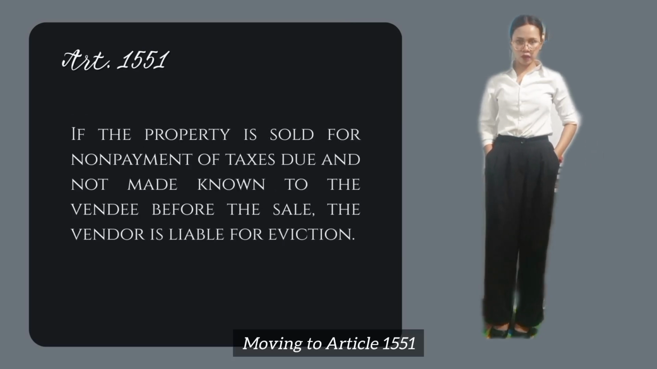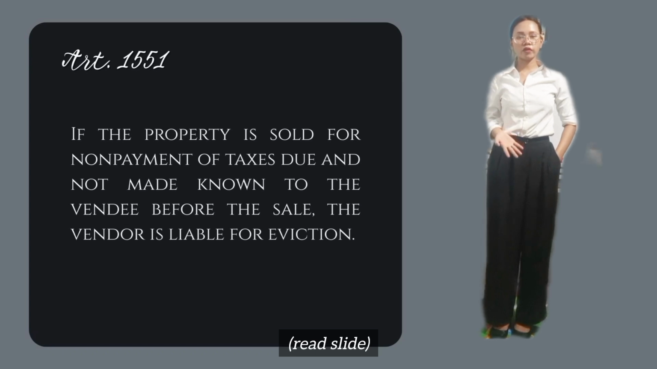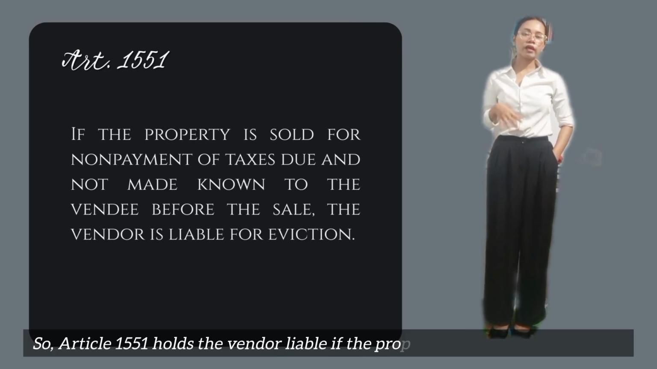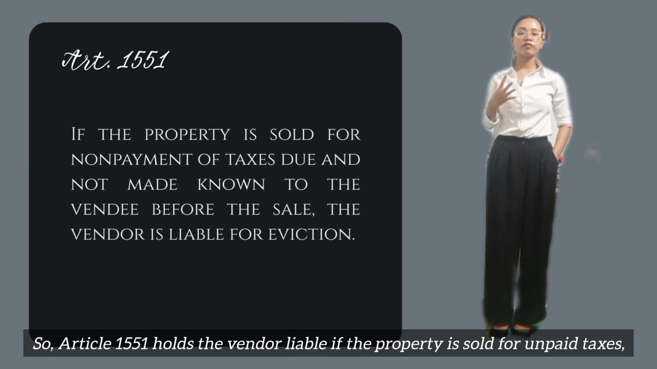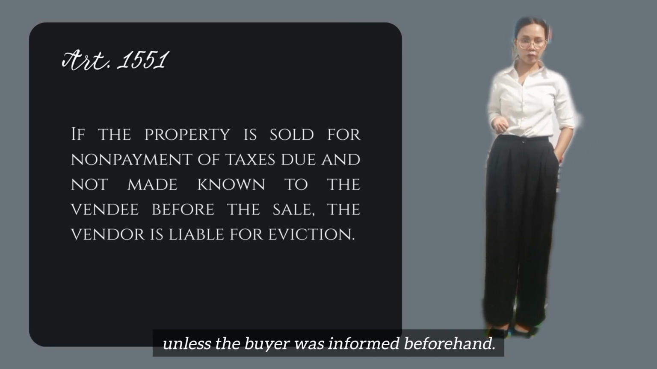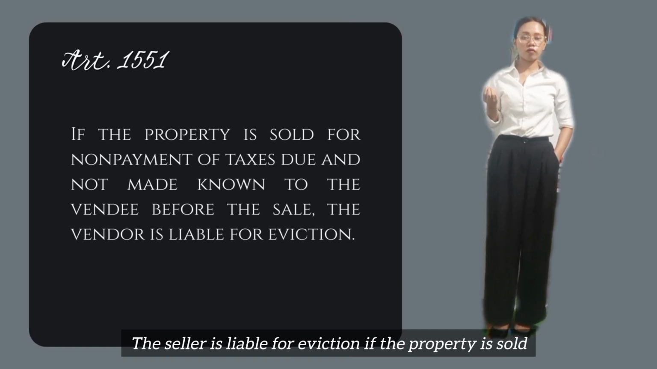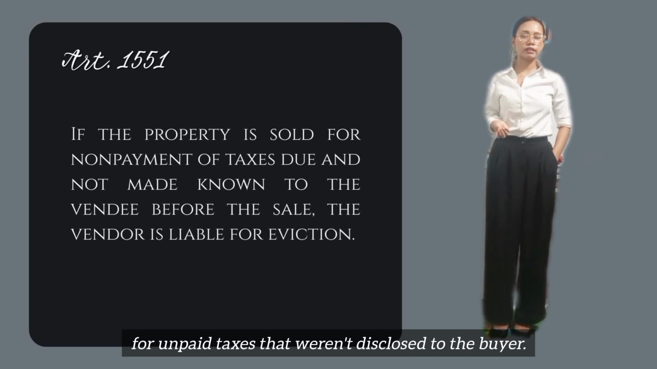Moving to Article 1551, if the property is sold for non-payment of taxes due and not made known to the vendee before the sale, the vendor is liable for eviction. So Article 1551 holds the vendor liable if the property is sold for unpaid taxes, unless the buyer was informed beforehand. The seller is liable for eviction if the property is sold for unpaid taxes that weren't disclosed to the